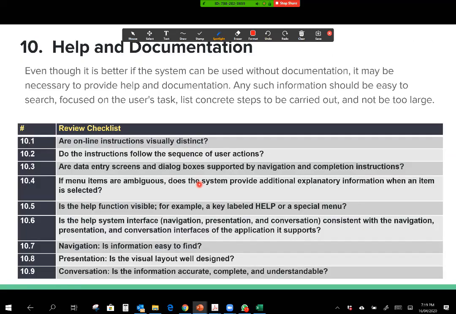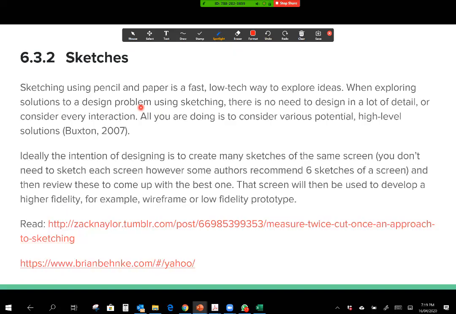So again, there are 10 heuristics, and for each one of the heuristics, I've given you a checklist you could use. You could use a subset of these, or you could use the full checklist and choose your own items from that checklist. Good? Now that you've done this, it helps you to understand the principles of good design. And now that you understand the principles of good design with layout and all of those, you could start sketching your screens. In order to do your sketches, you could simply use paper and pen or pencil and sketch them, take a picture of it and insert it into your project.